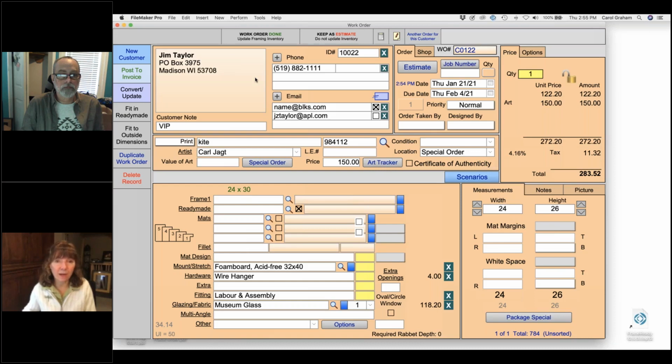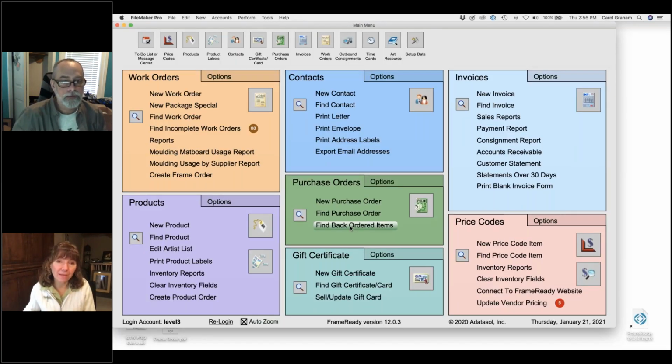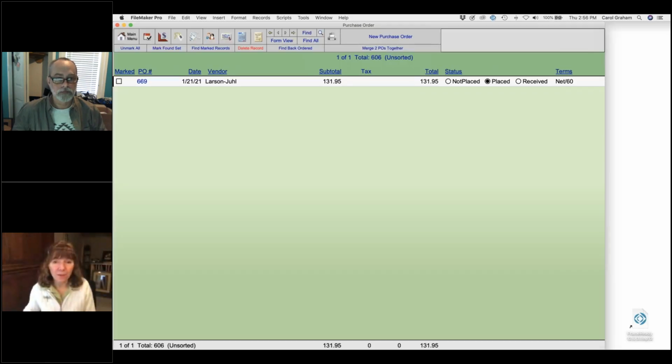So I'm just going to click done on there and go back to the main menu, the find back ordered button, because that's pretty handy to just see all the back ordered items. And if you wanted to export them into an Excel spreadsheet, you can do that as well. So there are so many things within the purchase orders. We may need to have another one just to go into some of the detail areas of it, but at least this is an overview of it. It's easy to set up, it's easy to use, and it saves you a lot of time. And it can also save you a lot of money by using up the materials that you have